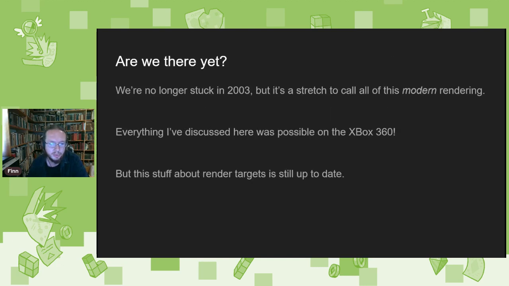So we're not stuck in 2003 anymore, but it's a stretch to call this modern rendering exactly. These are techniques that have been possible on the Xbox 360. The Xbox 360 and the PS3 were the first console generation where this stuff was really the norm. I mean, you couldn't render Doom 2016 on the Xbox 360, but multiple render targets were in. Stuff like distortion mapping was in. All this stuff has been in hardware for a good long while now, but it is how modern rendering is